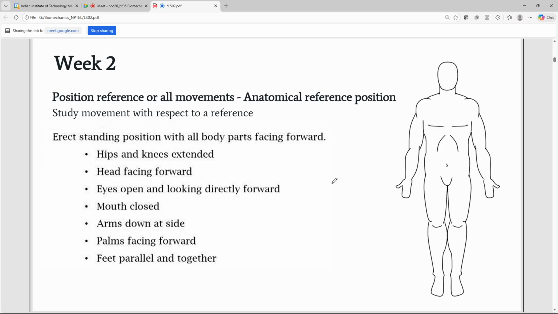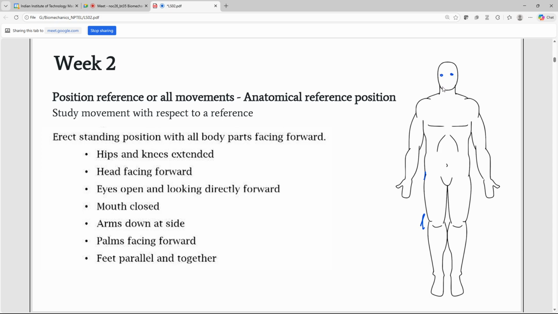So this is the anatomical reference position. Here, if you see, you can see that the body is in an erect position. Hips and knees are extended. That is, it is fully extended. The hip is also not bending. The position is not bending forward or leaning forward, and also the knees are fully stretched straight,